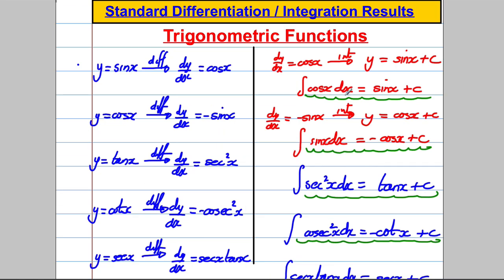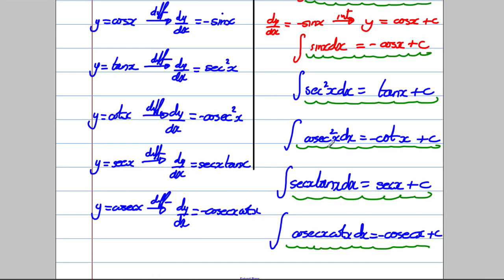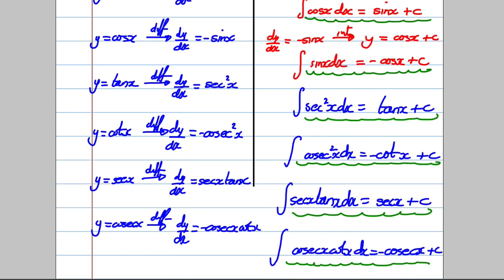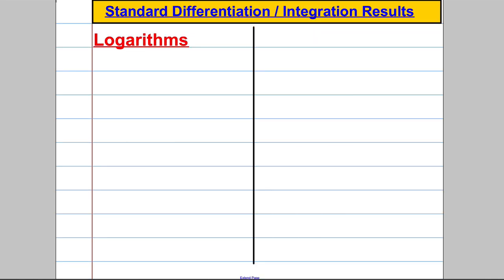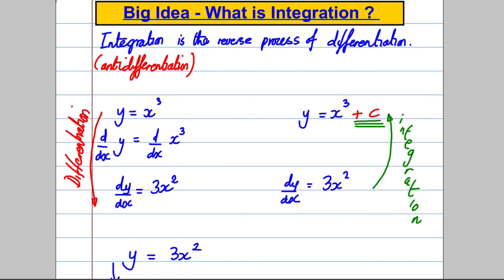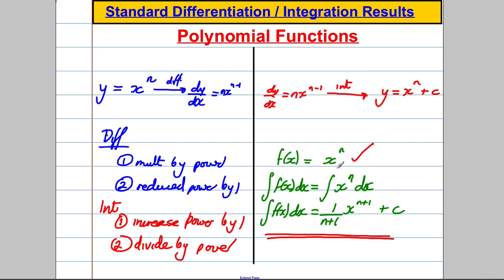So these here, the 1, 2, 3, 4, 5, 6 results, are the results I need to learn for trigonometric functions. So let's just recap everything here. Let's think about what we've learned. When I'm integrating polynomials here, the integral of x to the power of n is,